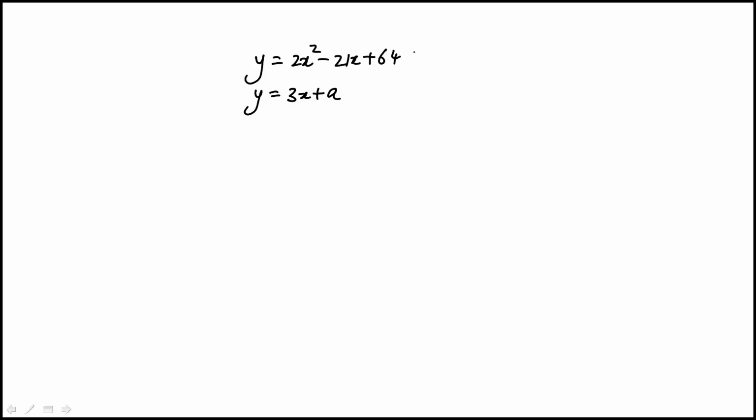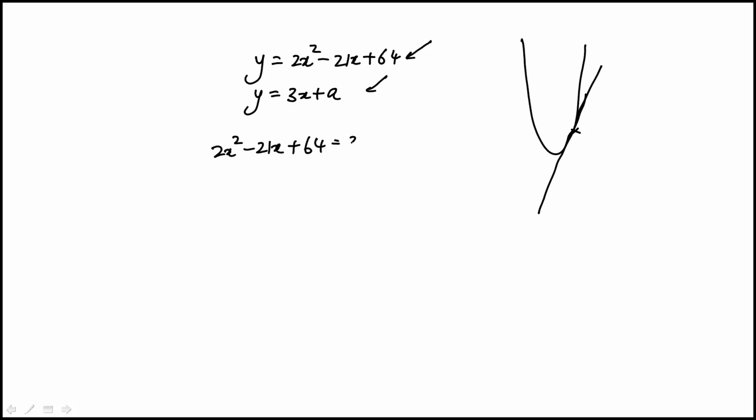So here we're given the system of equations, where one is a quadratic and the other is a straight line, and we're told that they intersect at exactly one point, which means the straight line is tangent to the graph of the quadratic. That means if we were to solve for the x value, there will be only one real solution, and that's the corresponding quadratic. So if I rewrite this,